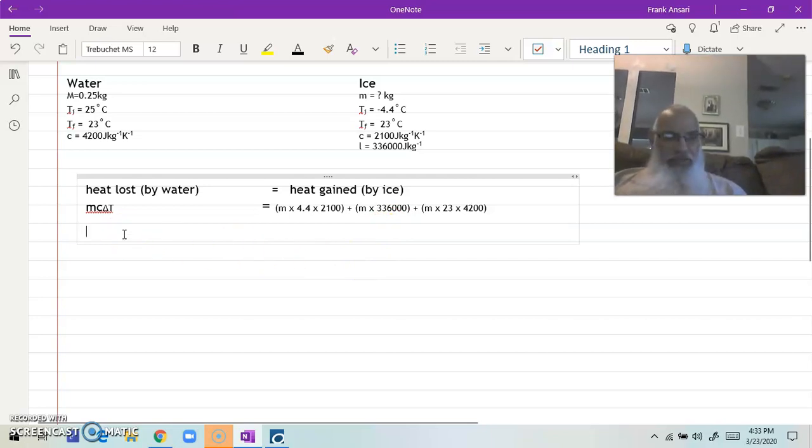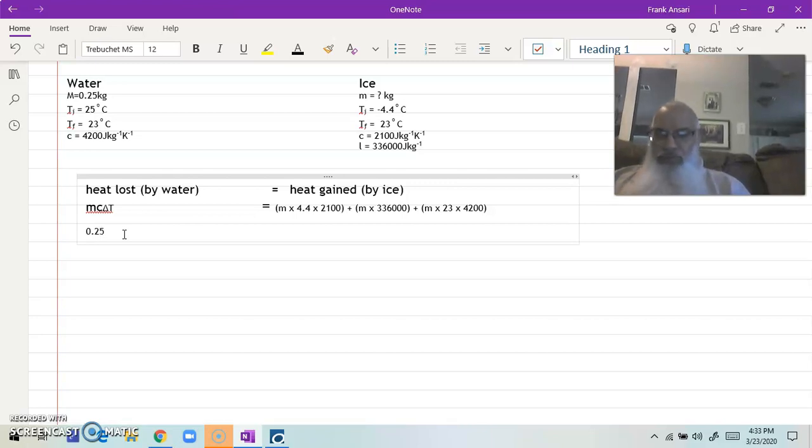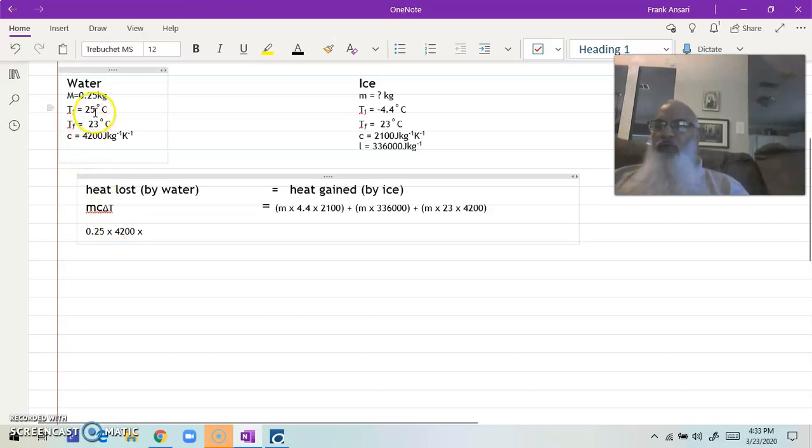The mass of ice is 0.25 kilograms times C of water, which is 4200, times the change in temperature. It went from 25 to 23, and we always try to keep the temperature difference positive, so that will just be 2. And this will be equal to